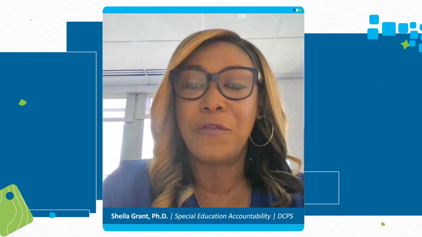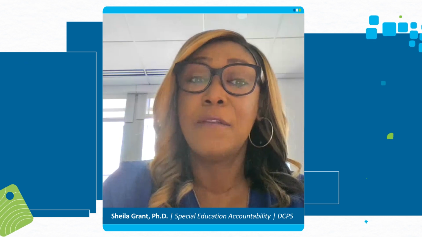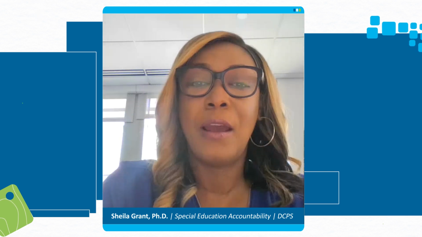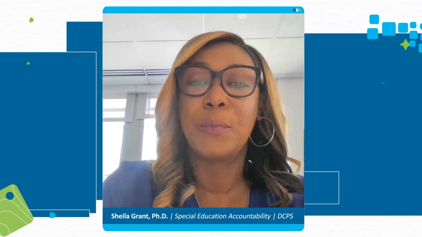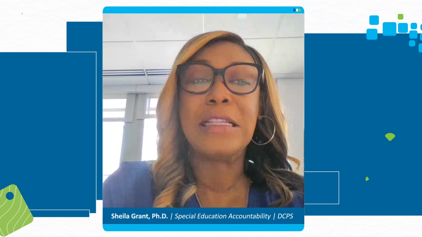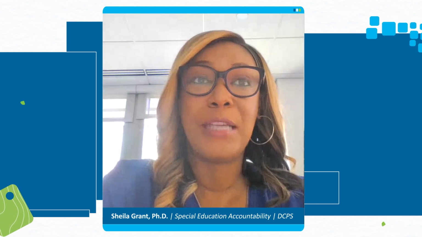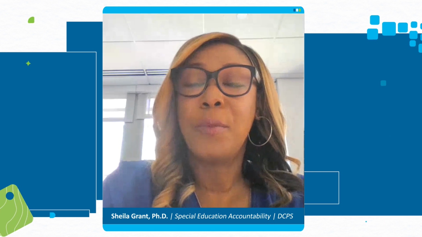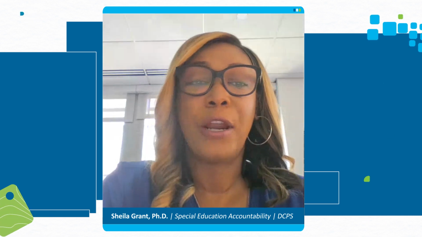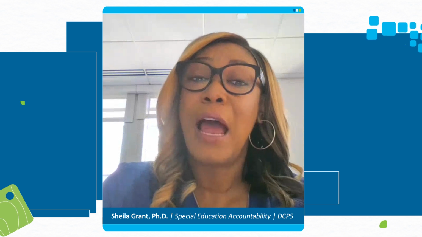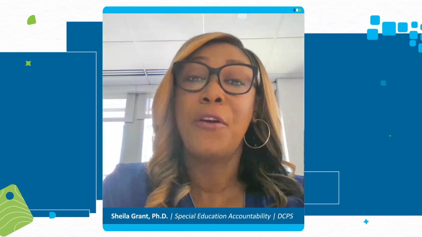Referrals for evaluation for special education and related services can be made verbally or in written form. The timeline for initial eligibility is no later than 60 calendar days after written consent has been obtained. If determined eligible, consent for initial provision of services is obtained and an initial IEP developed within 30 days of